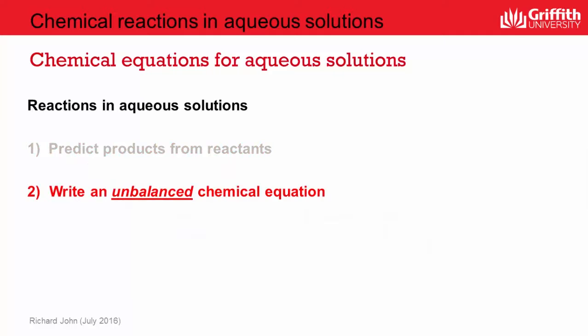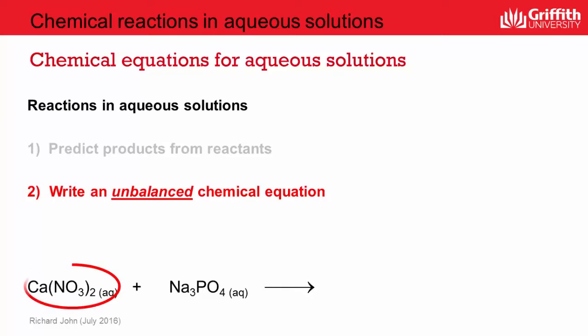If we know the reactants in a chemical reaction and we know the products, then we can write down an unbalanced chemical equation. For example, what we've got here, two reactants. We've got a solution of calcium nitrate here and a solution of sodium phosphate. This particular reaction happens to be a precipitation reaction, and we can write down the products over here: calcium phosphate